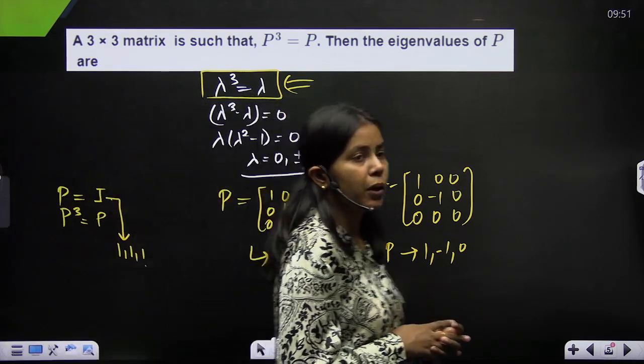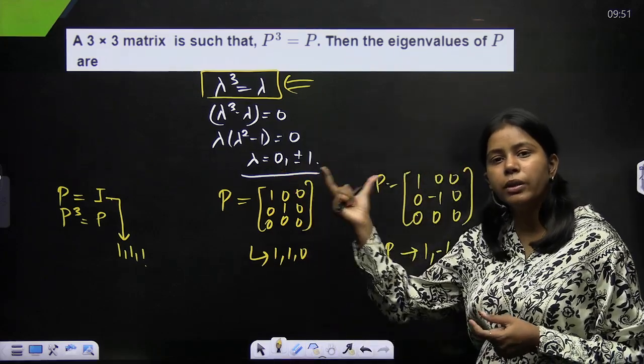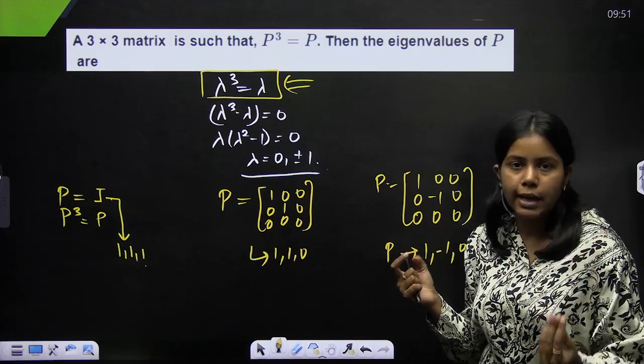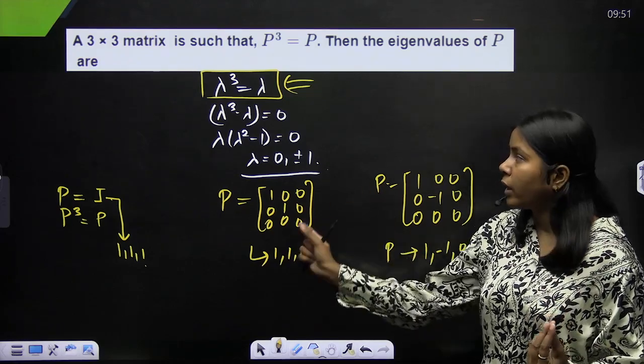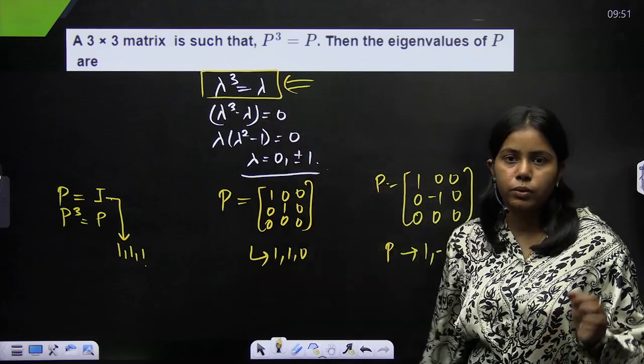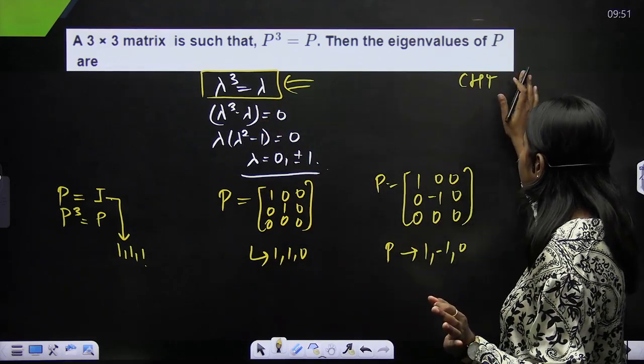So I hope this point is clear, that you get what the possibilities of the eigenvalue are. Now it completely depends on the matrix what exactly the eigenvalues will be, but whatever the eigenvalues are for that matrix, they would satisfy lambda cube equals lambda, because Cayley-Hamilton theorem only says that